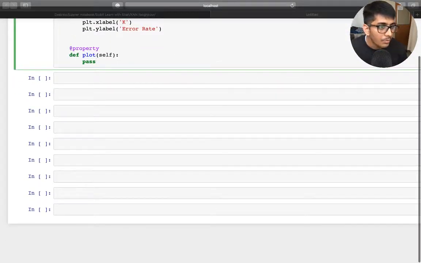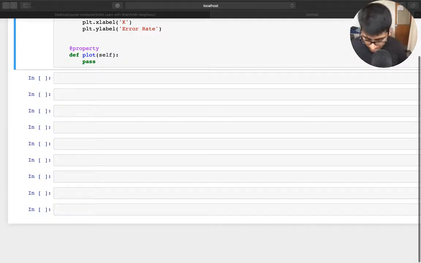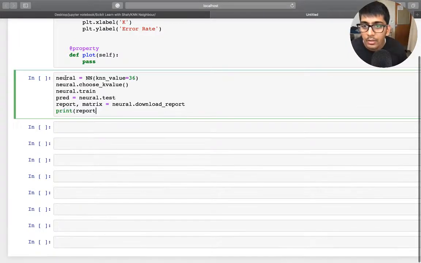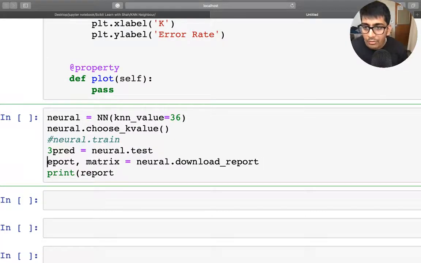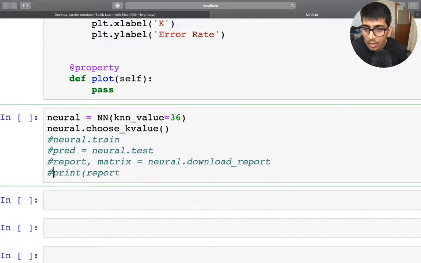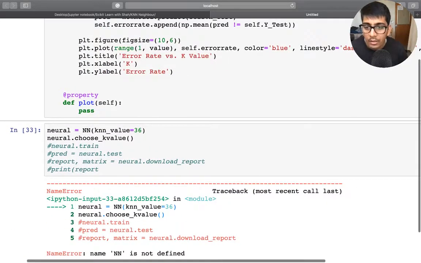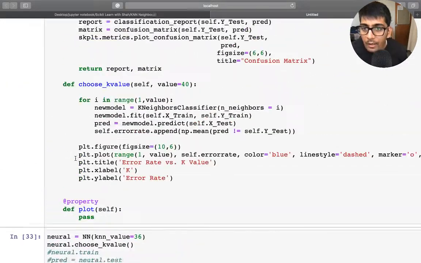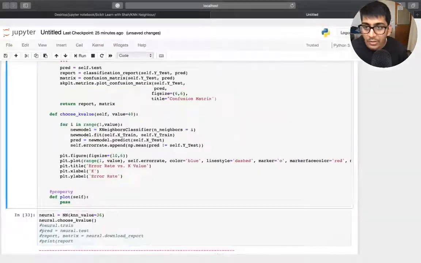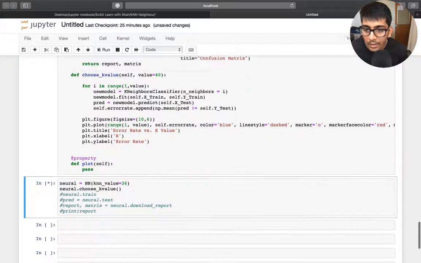To run the class, I'm going to create an object. First of all, let me show you what I'm trying to say. I'm not going to do the train first. I'm just going to call choose value, because we want to choose the value of K. So I'm going to call that function. If I run it, we have a small issue. It says name NN is not defined because we have not run this cell. So now if I run it,